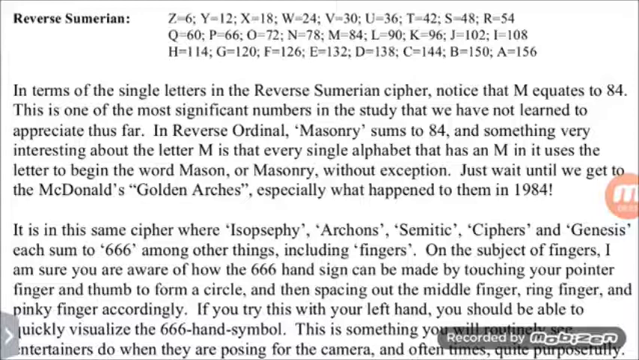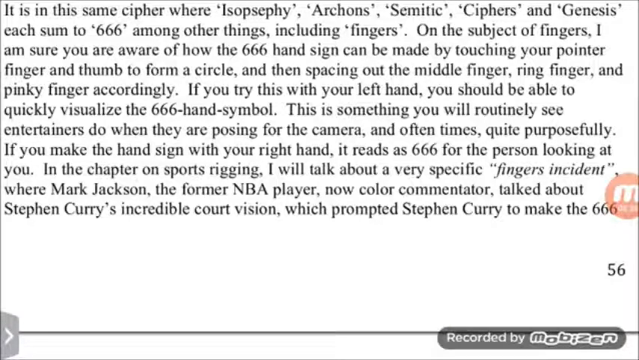And something very interesting about the letter M is that every single alphabet that has an M in it uses the letter to begin the word Mason or Masonry, without exception. Just wait until we get to the McDonald's Golden Arches, especially what happened to them in 1984. It is in this same cipher where Isopsephy, Archons, Semitic, Ciphers, and Genesis each sum to 666, among other things,